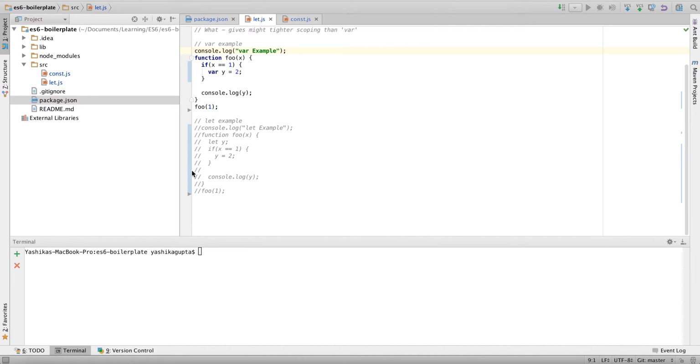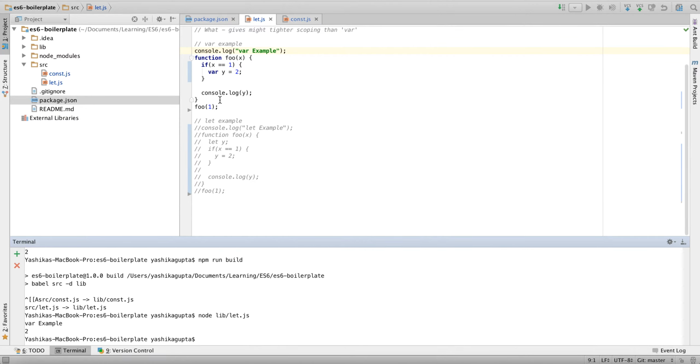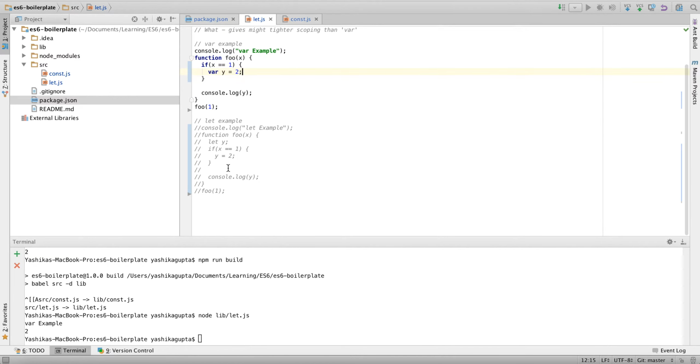So if you see this particular example, let me just rebuild this. If we see this particular example, we see that we can access this y variable inside this function even though it's being declared inside the if block. So the scope of this y variable is limited to the closest function, but when it comes to the let,